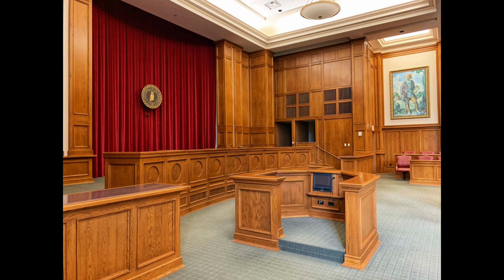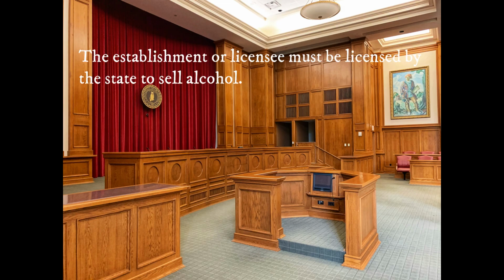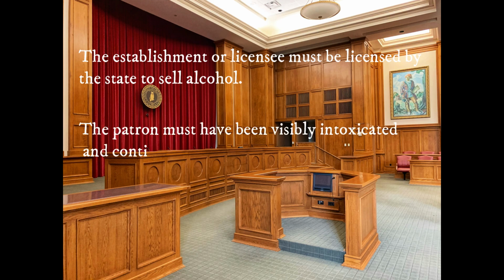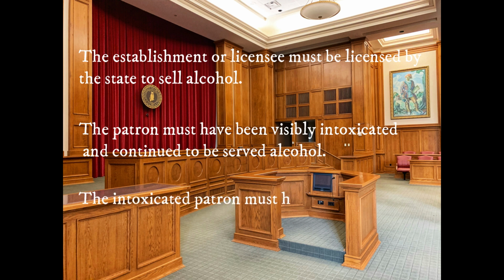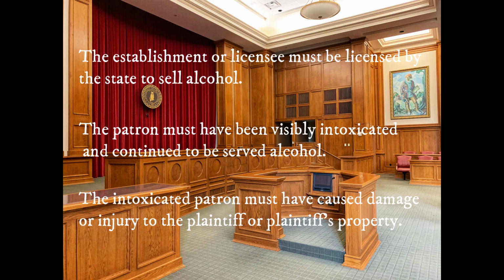In order for liability to be placed upon the licensee, specific elements need to be met. The elements of a claim are: the establishment or licensee must be licensed by the state to sell alcohol. The patron must have been visibly intoxicated and continued to be served alcohol, and the intoxicated patron must have caused damage or injury to the plaintiff or plaintiff's property. In addition, the specific serving of alcohol by the establishment or licensee must have been the direct cause of injury